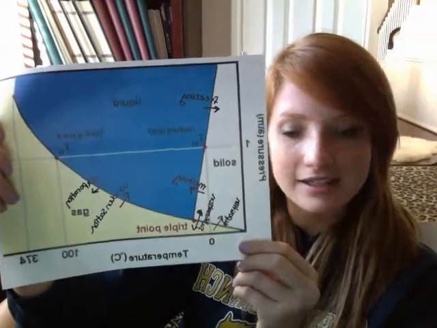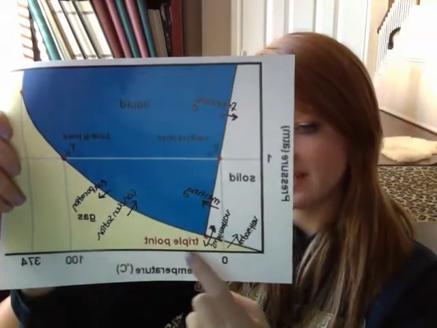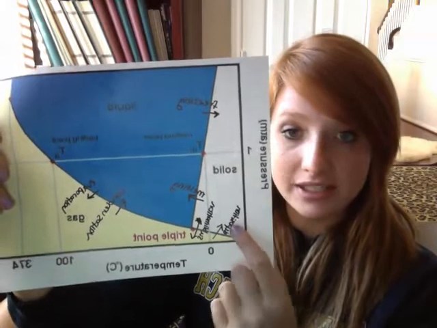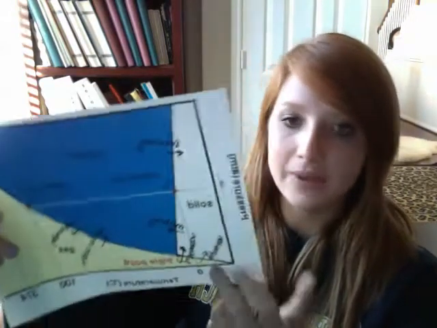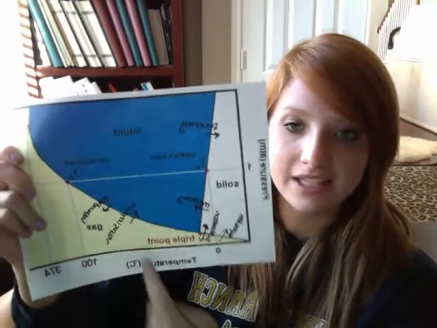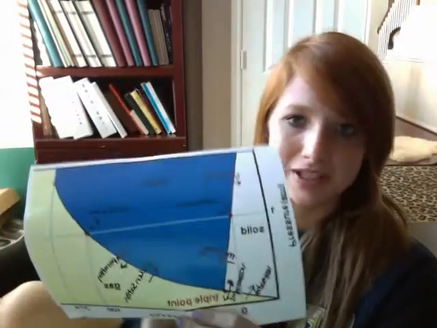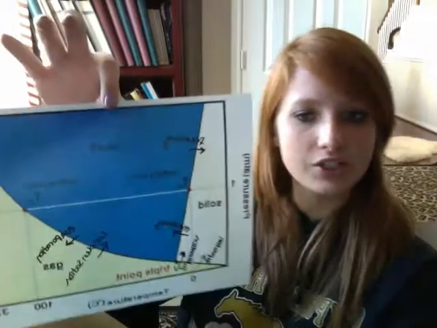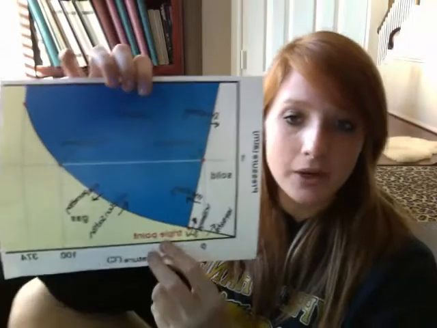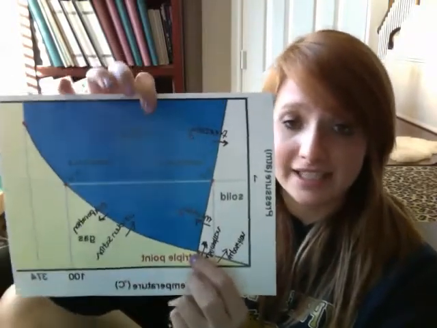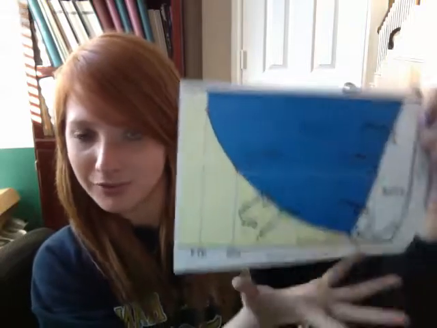And that is the gas going straight to a solid and skipping the liquid phase. That's called deposition. And when something goes straight from a solid into a gas, it's called sublimation, and that also skips the liquid stage. Then the 7th word we should know is the triple point. At this point, solid, liquid, and gas all exist at the same time, which is kind of weird to think about because that never happens, but it's on the graph and we should know it.